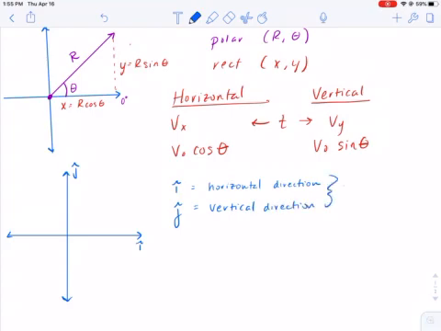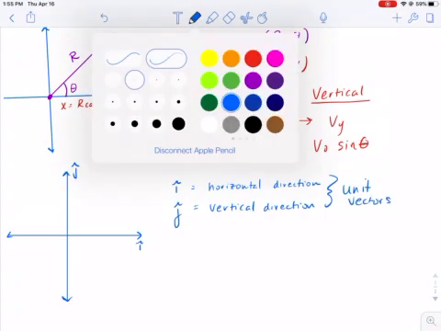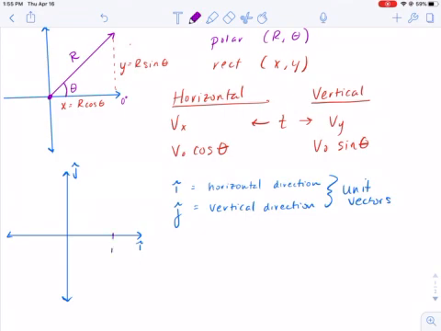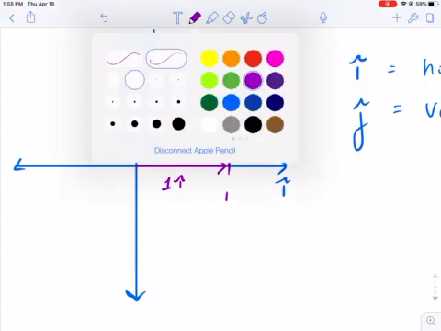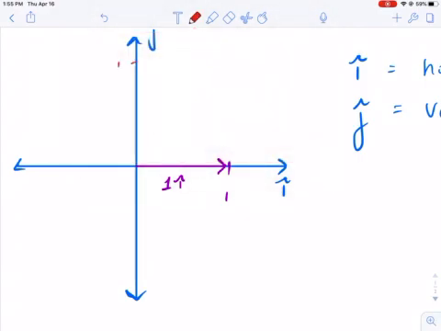And these are actually called unit vectors. So if I had a vector of length 1 in the I direction, this would be 1I. And if I had a vector of length 1 in the J direction, this would be 1J. Now we know that that's not how we add vectors. We don't add vectors tail to tail. So